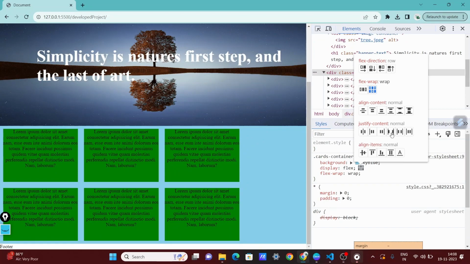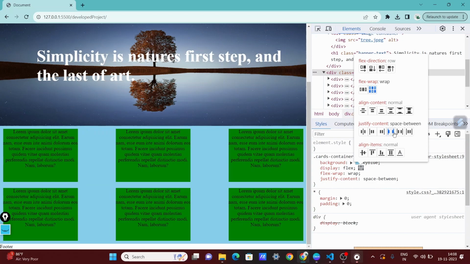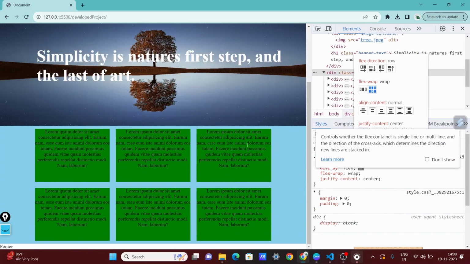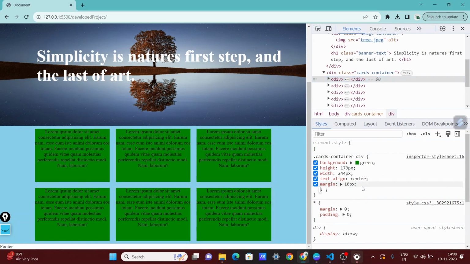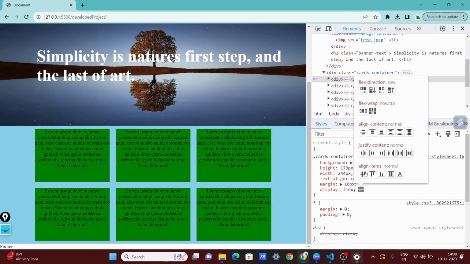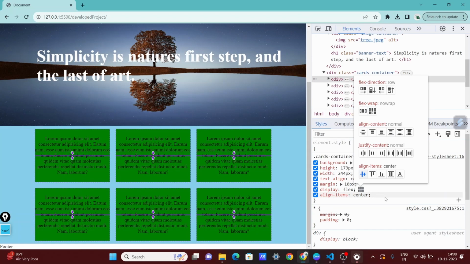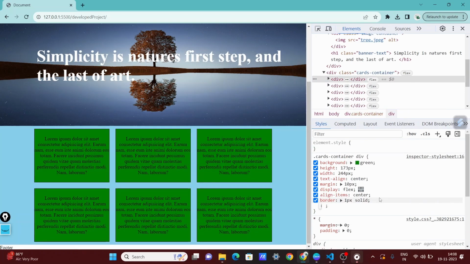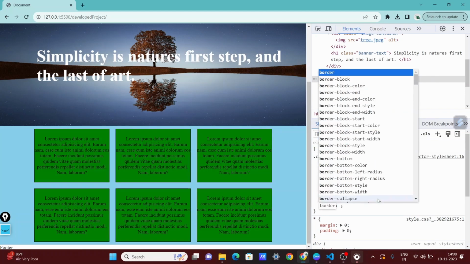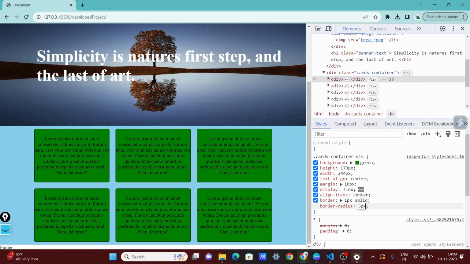This is okay. Also I'll do this. No, I'll do this. Okay, now it's looking good. I'm not giving very good styling, but one more thing I can do here, I can give display flex and justify content center, align items center. Okay, now one more thing I can give, border 1px solid, and border radius 5 pixel. I'll remove background color,